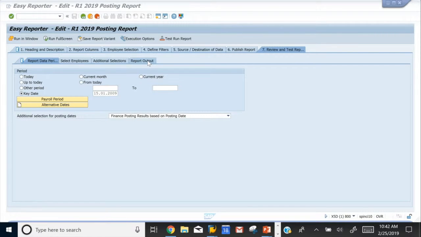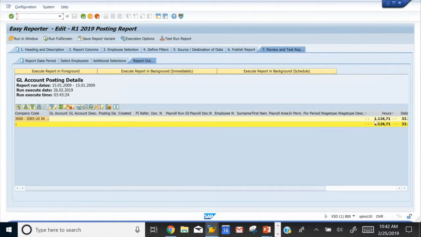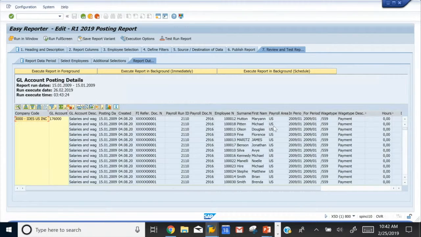So if I go run my report right now, still running my same variant, I'm going to anticipate the exact same output I had before. So I'm still doing it by posting date, and that is what I have here. If I were to expand all the rows, you would see these are the same results we had before. But let's go back over here to the report data period tab